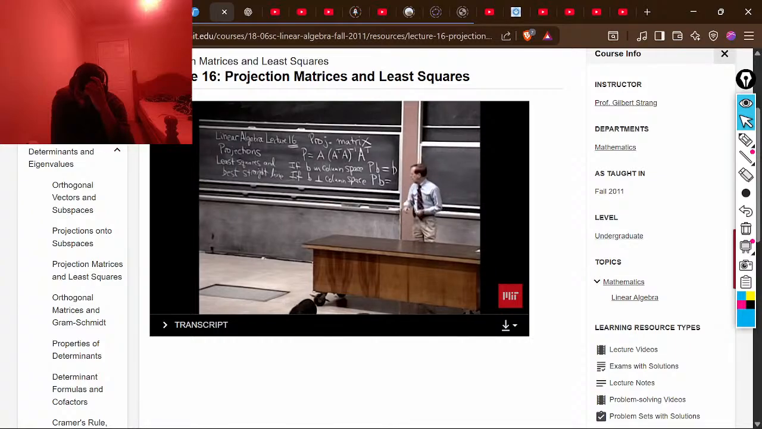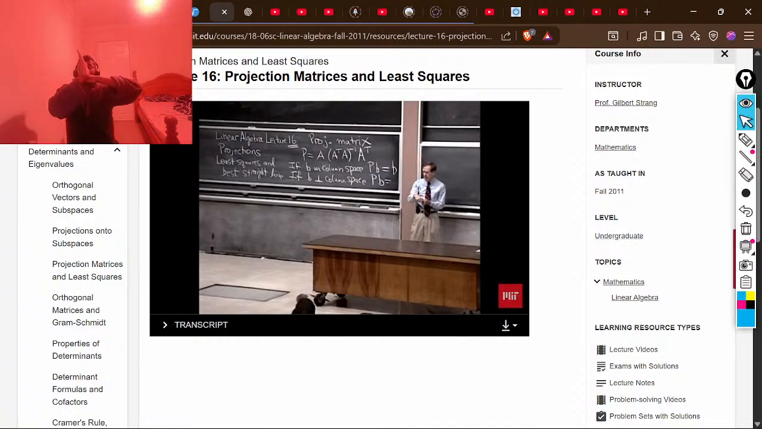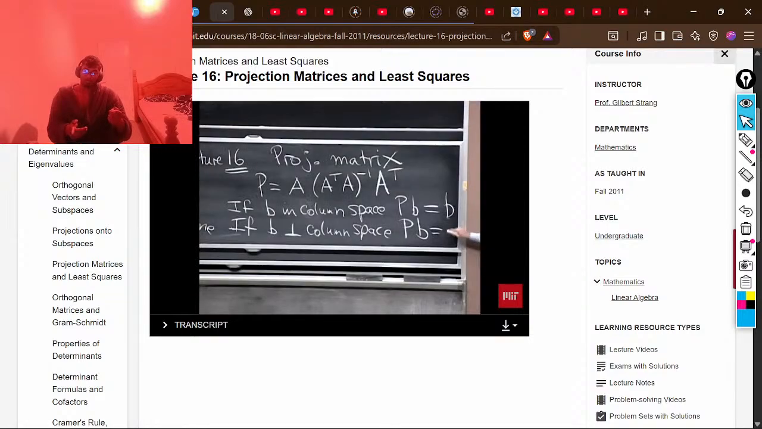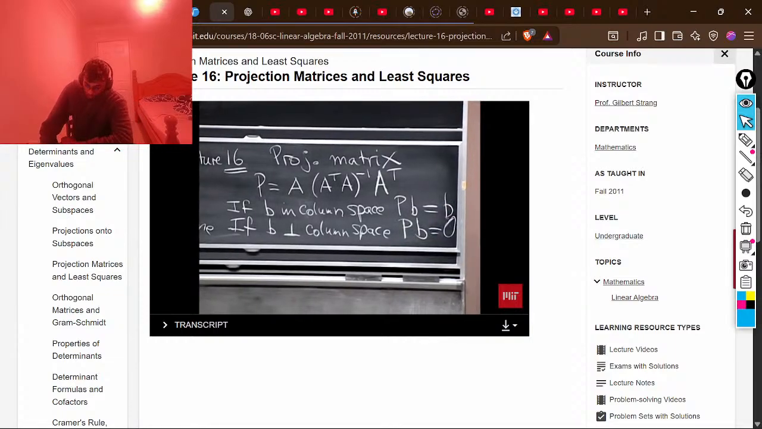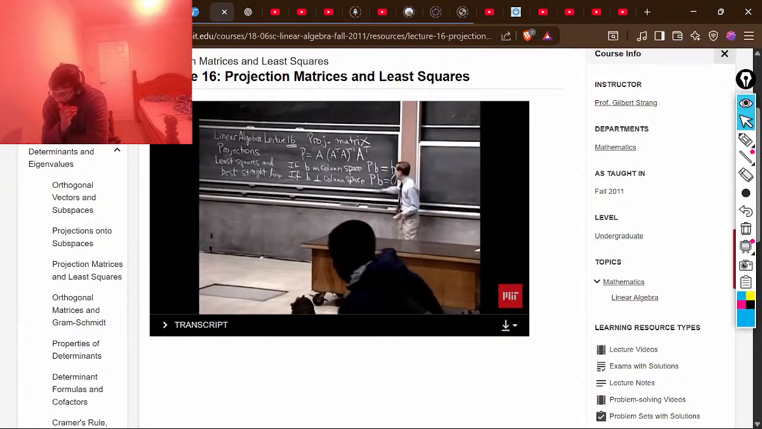So what's the projection onto the plane? Zero. Straight up, the nearest point in the plane, if the vector B that I'm looking at has no component in the column space, it's sticking completely 90 degrees to it, then PB should be 0. Right. So those are the two extreme cases. The average vector has a component P in the column space and a component perpendicular to it, and what the projection does is it kills